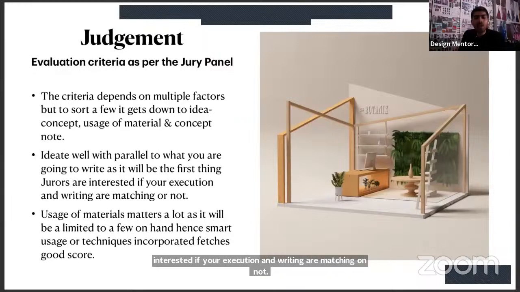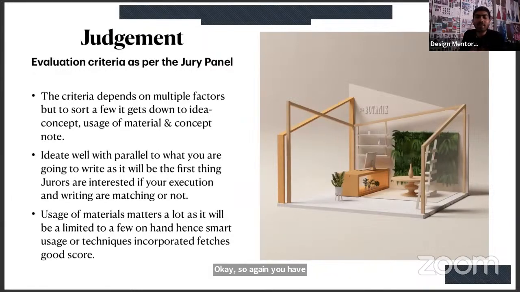Again, you have ideated well, you have created the model well, but when it comes to the concept note, specifically in those attribute based questions where intangibility matters the most, your concept note cannot be just that because COVID workers or environmental workers did work hard, so I'm providing a memento for them. No, that can't be a concept note. You have to validate what made you think of the form, what made you think of using the material, how you have used it in creating the structure, and what is the empathy behind the memento given to those hard workers. You can't simply write that because a red sheet was provided, I used red. You have to validate why red.